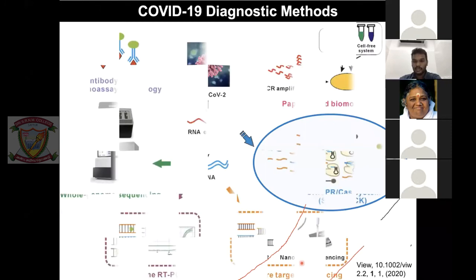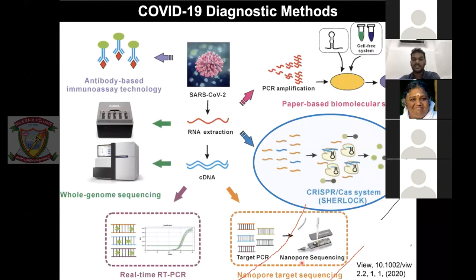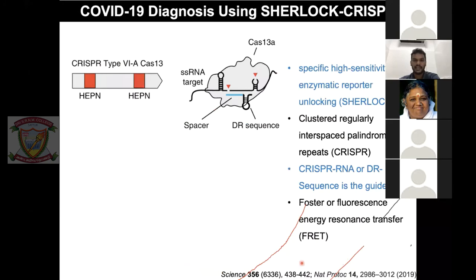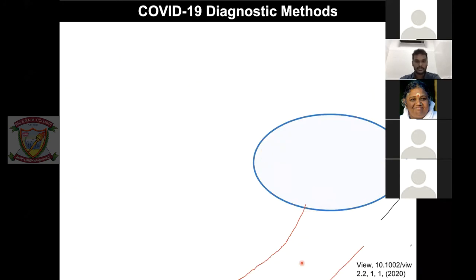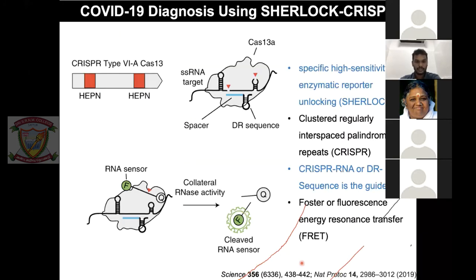All right. So now there is something called Sherlock technology that I'm going to talk about. This is one of the very recent technologies that has come. People are expecting a Nobel Prize for this CRISPR-Cas system, and they keep evolving this process and bringing up high-end technologies. So what exactly is this CRISPR system? Here it is called Cas13a. I think this is really a big topic, but I will try to tell you in short.